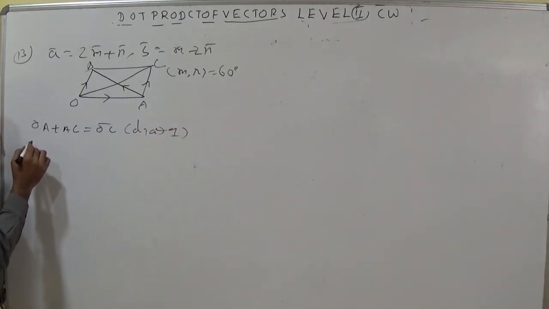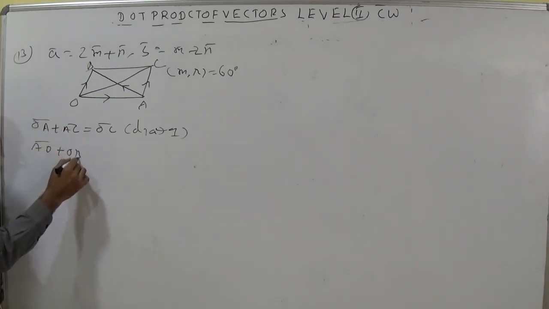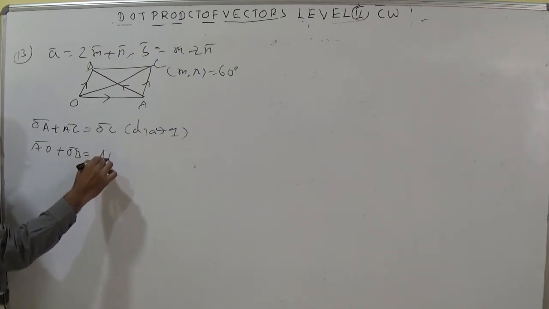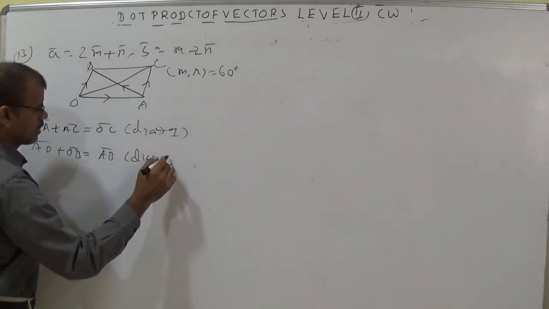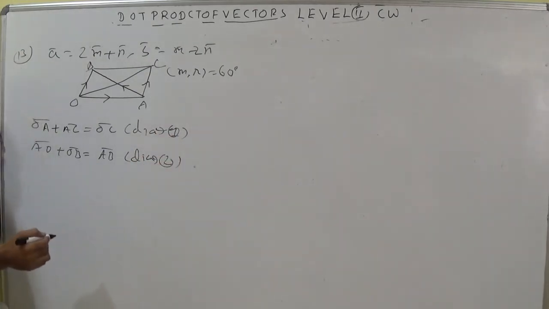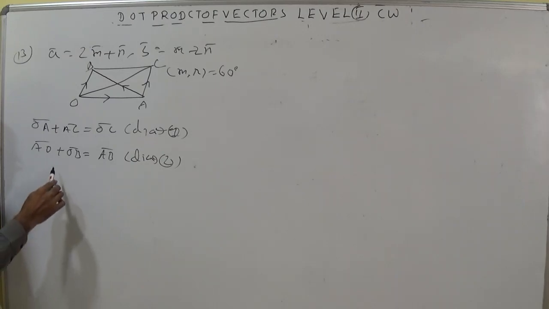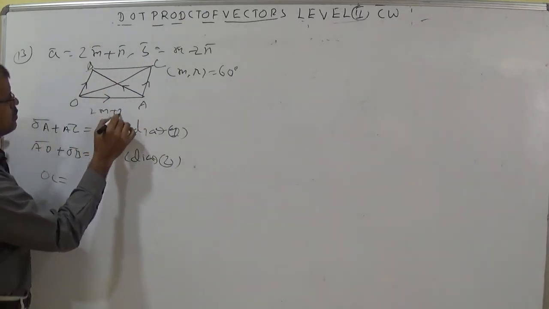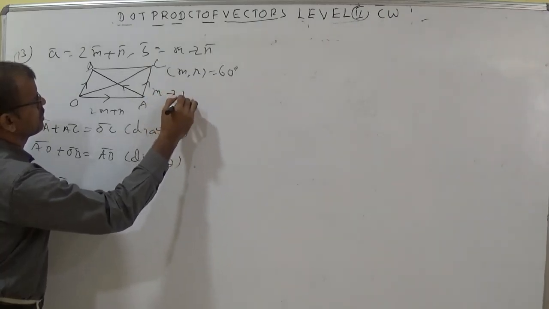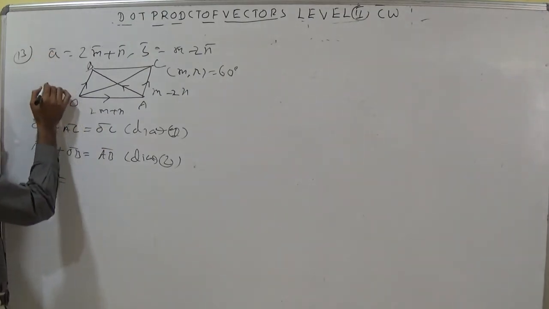Next, using AO in reversed direction, AO plus OB is equal to the other diagonal. This is diag 2. Diagonal 1 and diagonal 2 I have written. So two diagonal lengths you should calculate. Now OA is equal to 2m plus n and OB is equal to m minus 2n, he has given. Now OC I am writing. You add these two terms. Here try to understand and write here 2m plus n, and this one also m minus 2n.